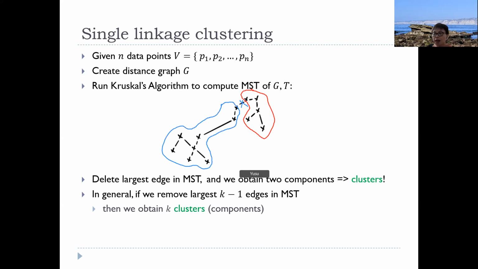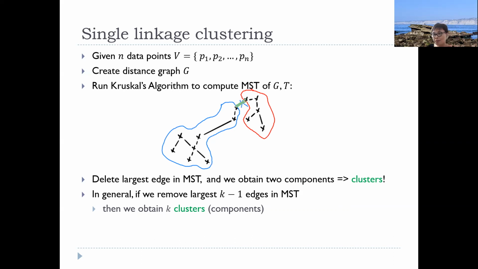Okay, and intuitively, what is the closest pair of red and blue points? Well, intuitively, it turned out that this is the edge. This edge that I used for minimal spanning tree is the cheapest way to connect them, okay? And that's true intuitively because, remember, if there's a cheaper way to connect this red and the blue, my minimal spanning tree should have used that edge because I'm looking for the cheapest way to connect all of them, right? So this green edge is indeed the cheapest way to connect this red component and the